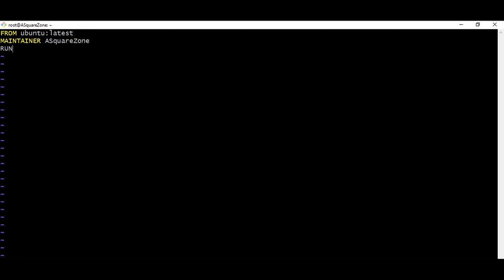And I'm going to use the RUN command. Here the RUN command is the central executing directive for Dockerfiles. Here I'm going to update the packages first, with the apt-get update command.